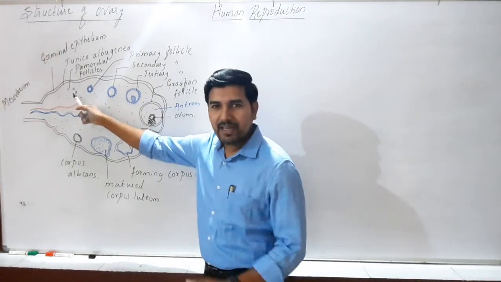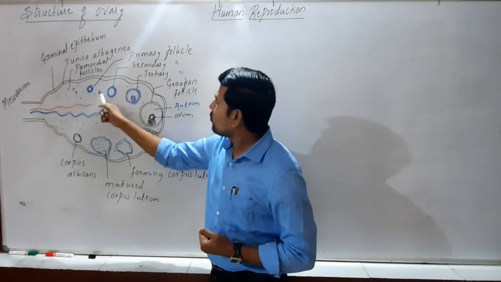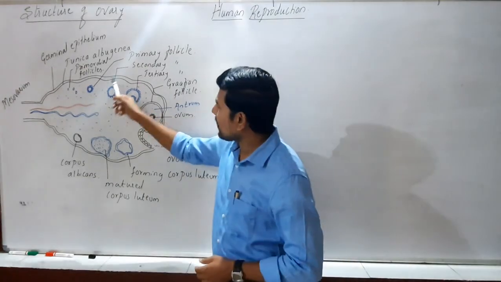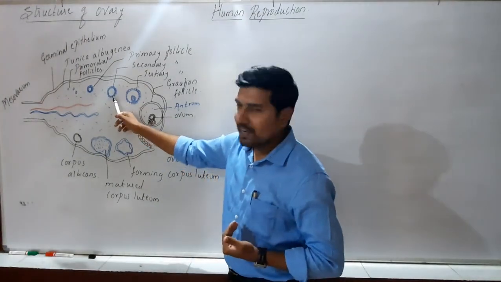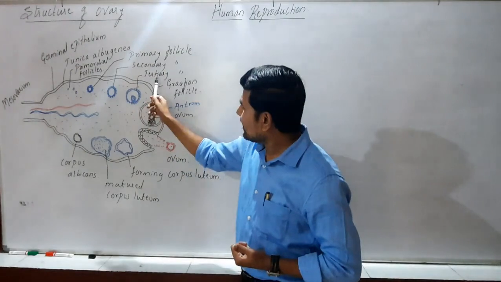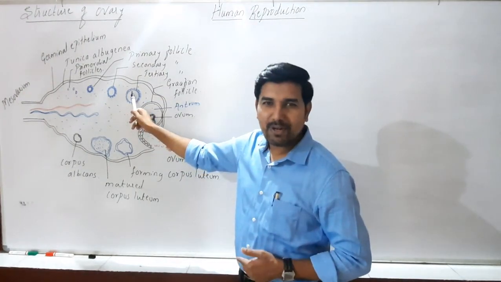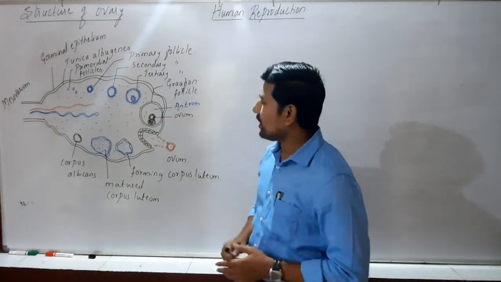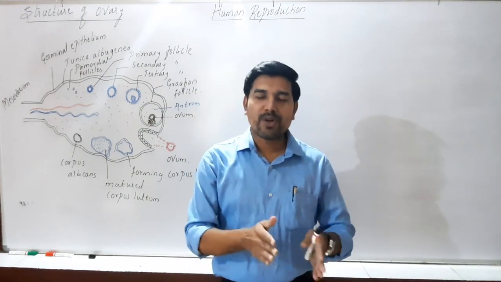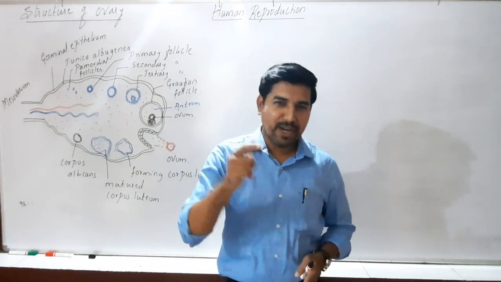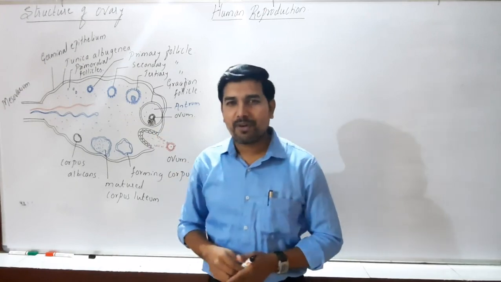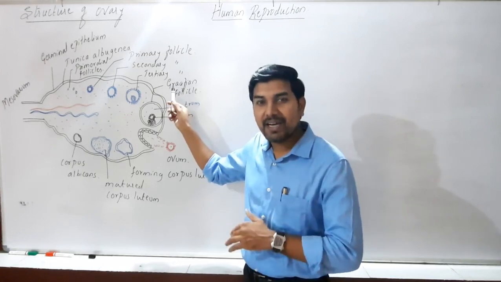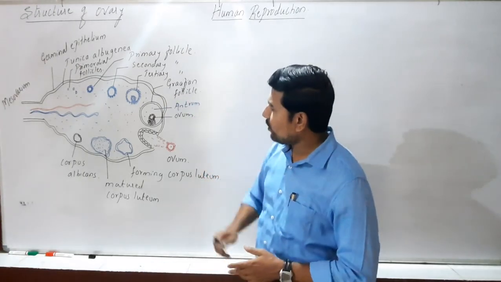These primordial follicles develop into primary follicles with the help of certain layers on the outer side. It grows into a secondary follicle. Again, it grows into a tertiary follicle that shows a cavity inside it called an antrum. And finally, this tertiary follicle matures into the Graafian follicle. Hence, the matured follicle in the transverse section of the human ovary is a Graafian follicle. This was first identified by a person named Graaf, and hence the name Graafian follicle. Graafian follicle is the matured follicle.